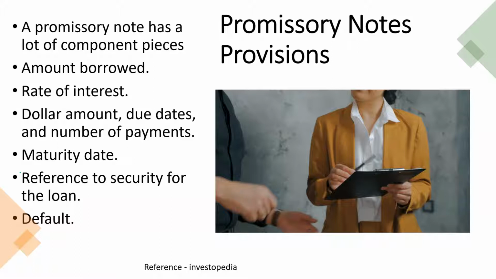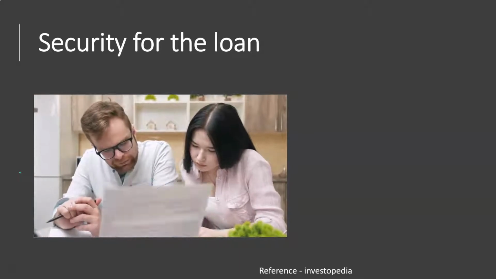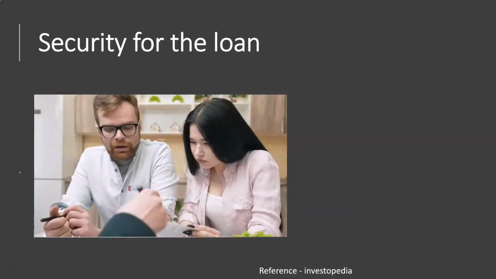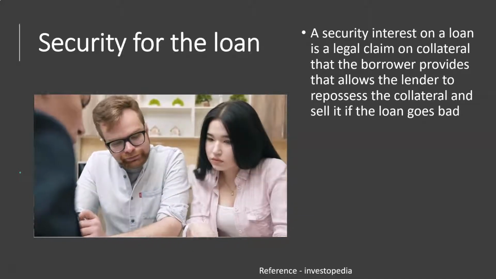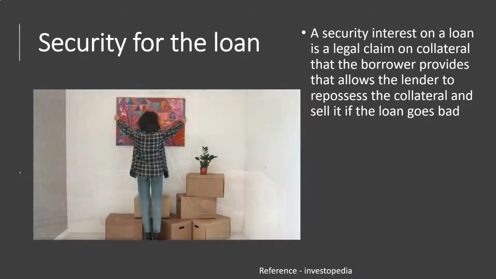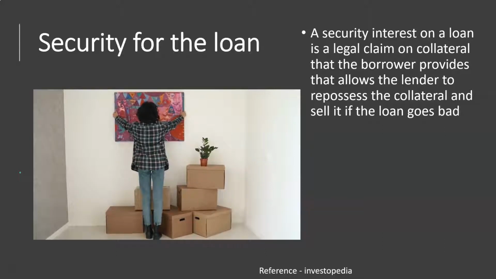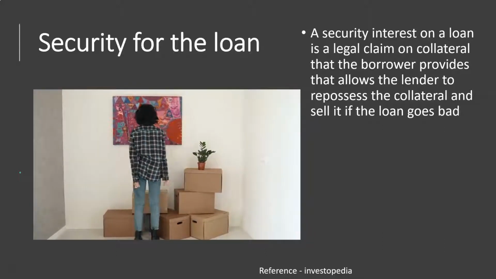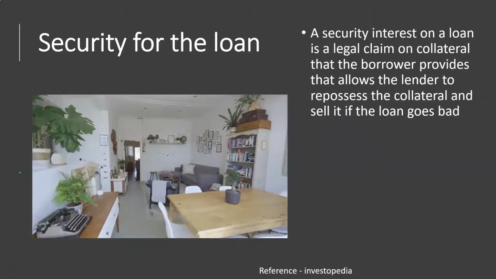So default, we'll talk maybe a little bit more about that in a future slide here, but what is going to happen if there's a default on the loan, say payments aren't being made or something like that. So security for the loan. Remember, when you're dealing with a loan that is for real estate, then generally you're talking about a larger dollar amount. The institution is going to want more security, lowering the risk on their side in order to be able to offer the best terms for the borrower,